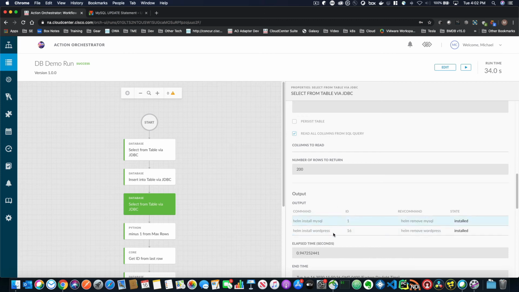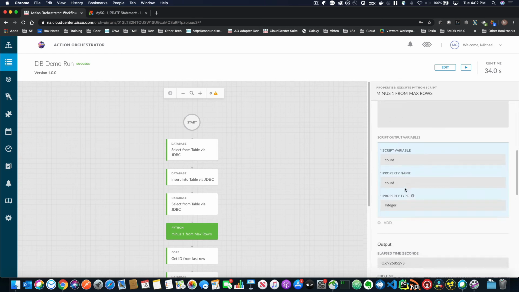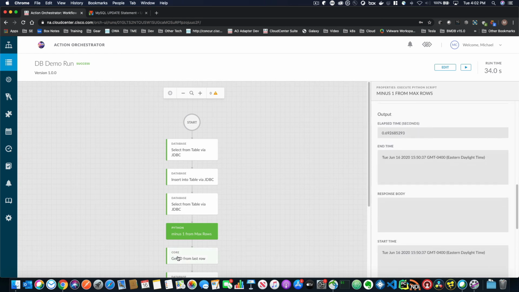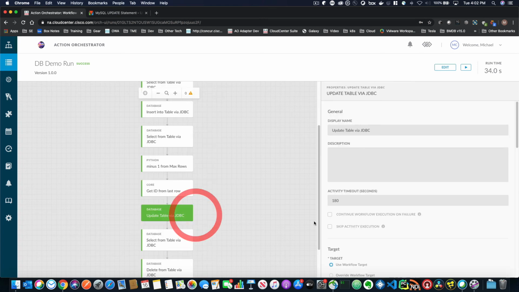You notice it's 16. That means I ran this about 14 or 15 more times before this record was here. And since I'm deleting it every time, the next time this is going to come up as 17. Now, if we look through here, you can see that I did count equals T 2 minus 1. Count was the record number, or I'm sorry, the ID number. And I minus everything by 1, and that gives me the 0-based value that I need to get the ID from last row. So now I have this ID is 16, so 16 minus 1 is going to be 15. And if we keep moving down here,